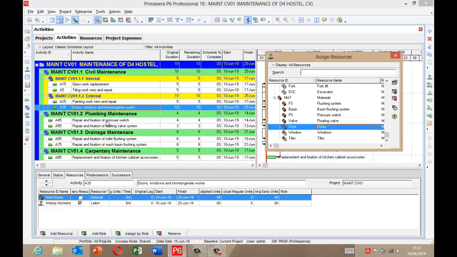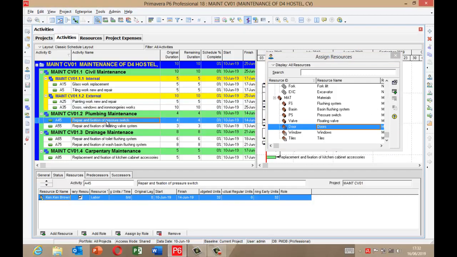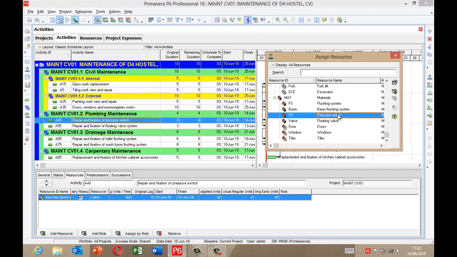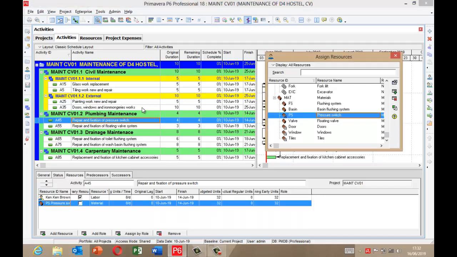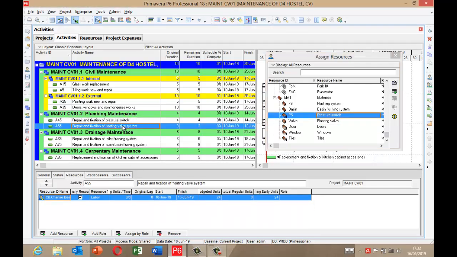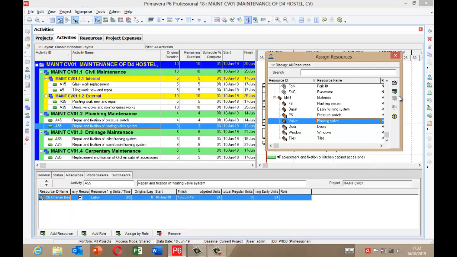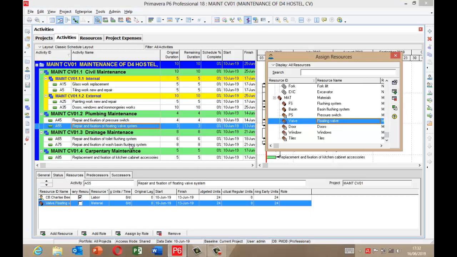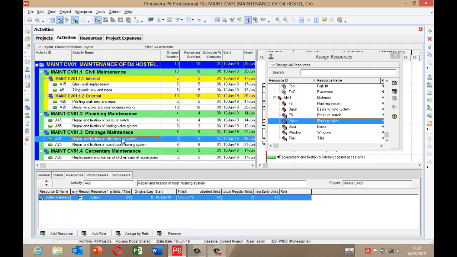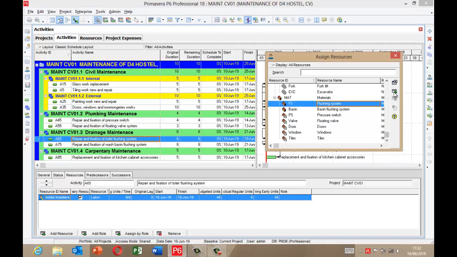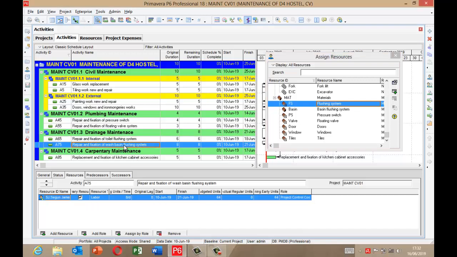Then repair and fixation of pressure switch. So let's select pressure switch here. Then repair and fixation of floating valve. Select floating valve as my expense here, material cost here. Then repair and fixation of toilet flushing. So there's the toilet flushing. Select repair and fixation of wash basin flushing system. Select